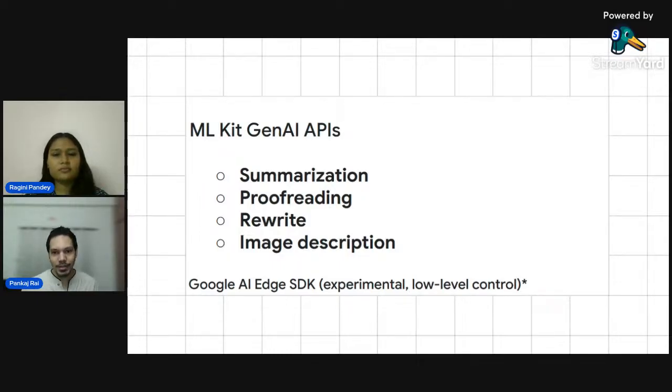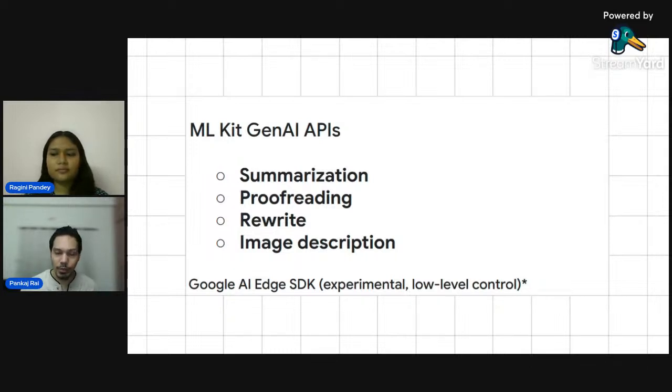Well, for certain cases where you want advanced capabilities, because these four capabilities are just plug and play. You ask for it, you get it. But if you want your own custom solution, and you also want a different model than what Gemini Nano uses, then you can take advantage of MediaPipe LLM inference. Recently, Google has renamed it to Google AI Edge SDK. AI Edge, as the name indicates, this SDK is for the edge, nothing but the mobile. So using this SDK, you can create a solution for